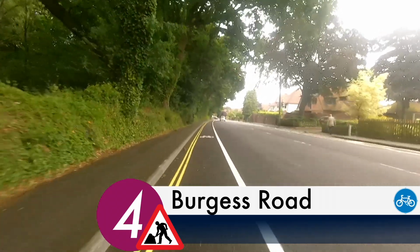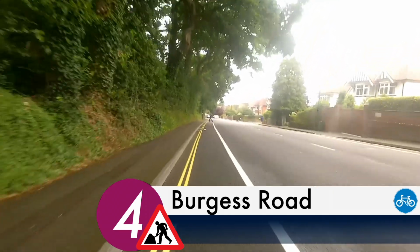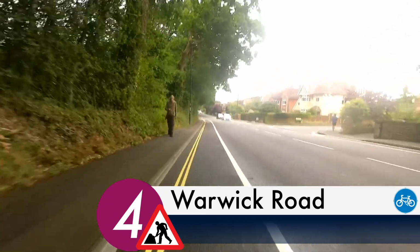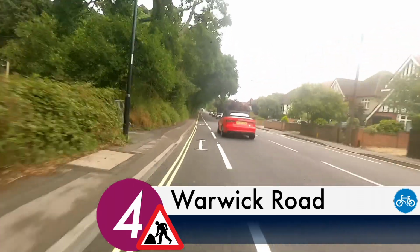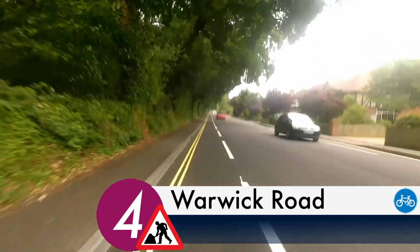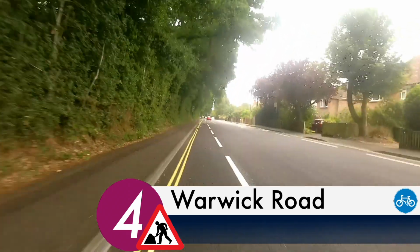You no longer have to be aware of the door zone and people emerging from in between parked cars, while the lane also gives cars extra room to overtake. For pedestrians, it means that social distancing is now possible on a footpath that's barely a metre wide. With a bit of care, pedestrians can now step out into the cycle lane to pass around someone coming the other way. In my personal opinion, the double yellow lines are a net positive